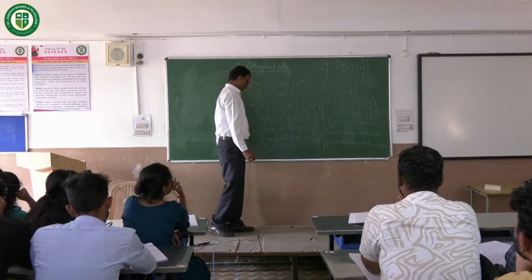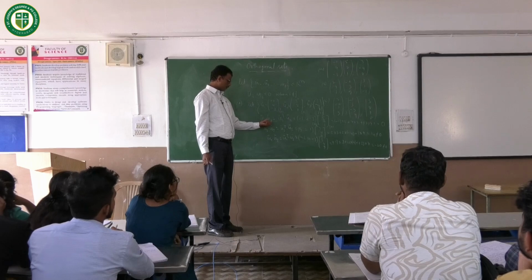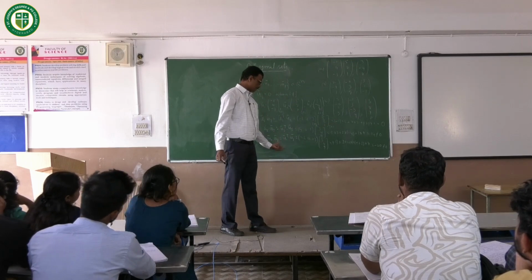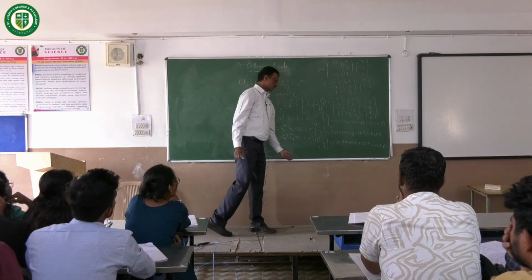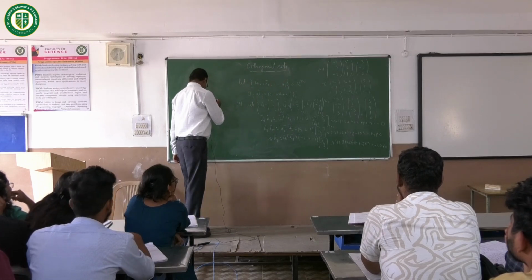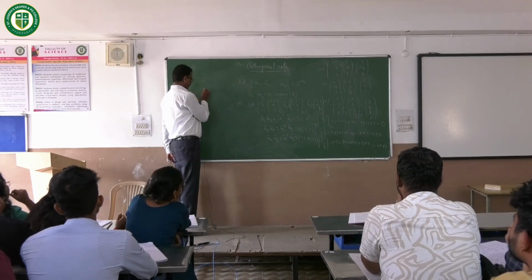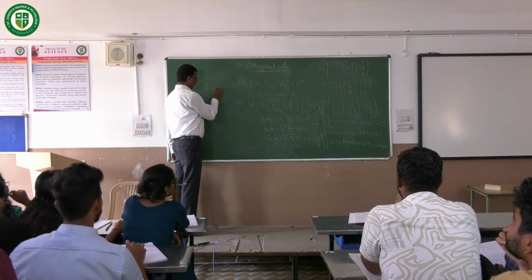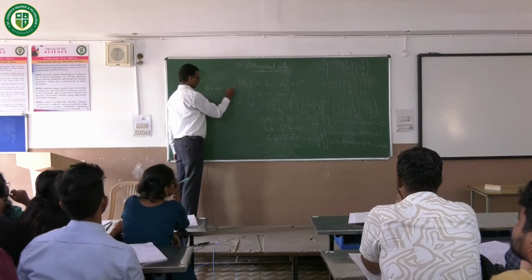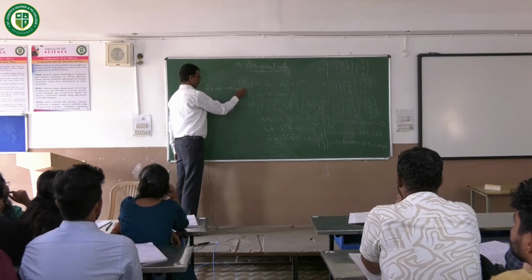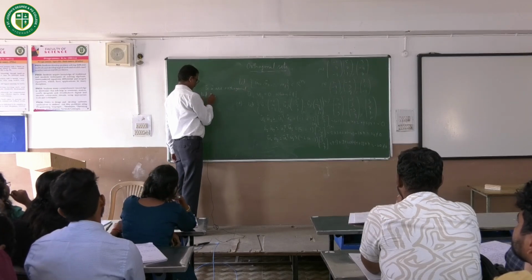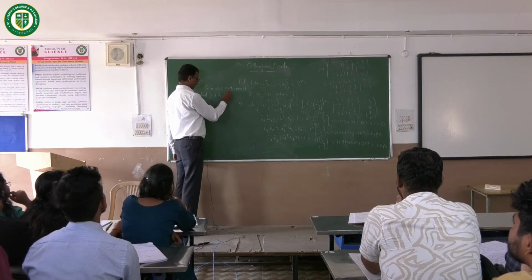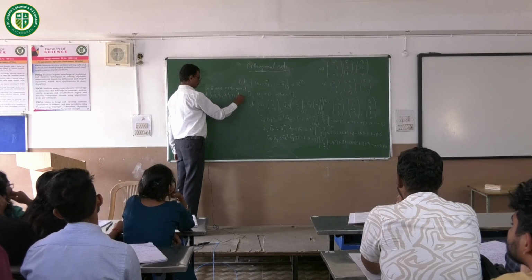So what do you write as the conclusion? U1 transpose into U2 transpose is equal to only 0. That pair is 0. Other than these, the two pairs are not equal to 0. So therefore what do you write now? The statement is, therefore U1 bar and U2 bar are orthogonal, but the set of U1 bar, U2 bar, U3 bar is not orthogonal